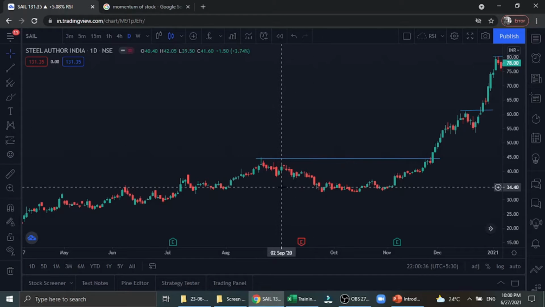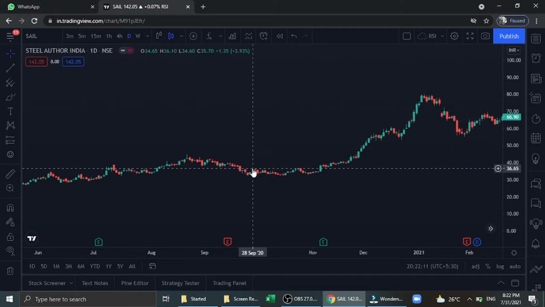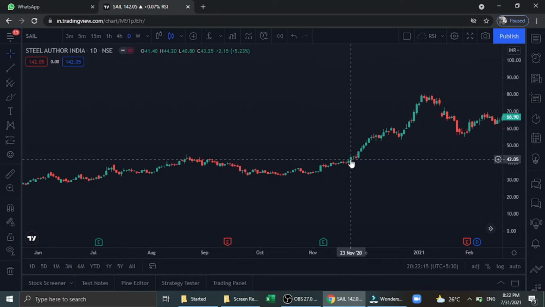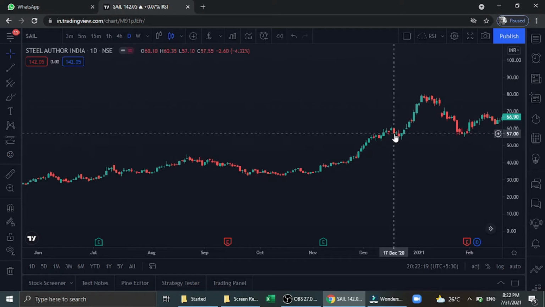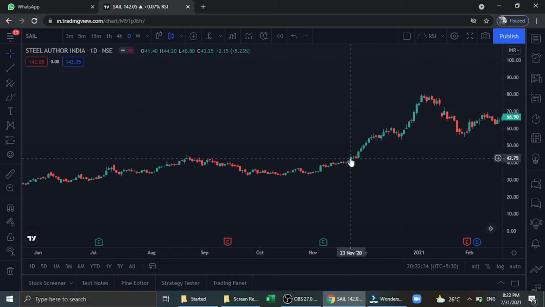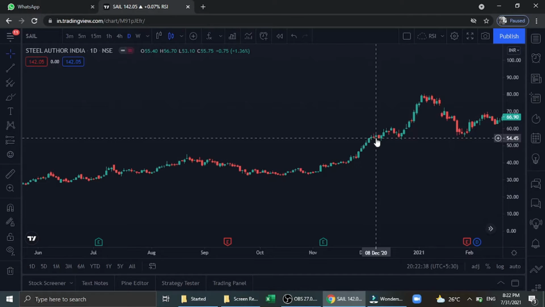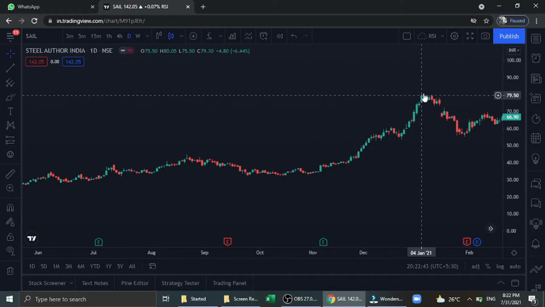Momentum is nothing but the speed of the stock. If you observe the stock, from here to here it is almost stagnant. Then after that, from here there is up momentum. Again here to here it is sideways or it is consolidating. Again there is up momentum. By seeing this, we can clearly understand that from here to here there is some aggressive momentum, and from here to here this is sideways, and from here to here it is aggressive momentum, and from here to here reversal